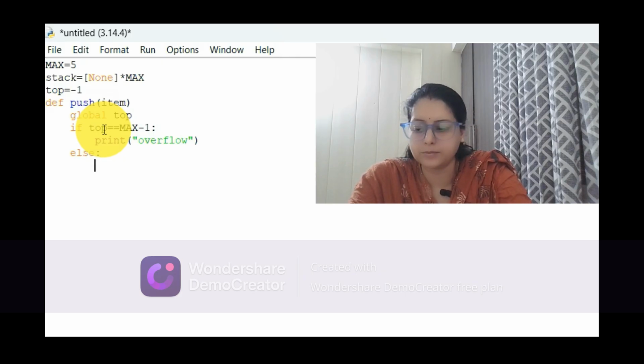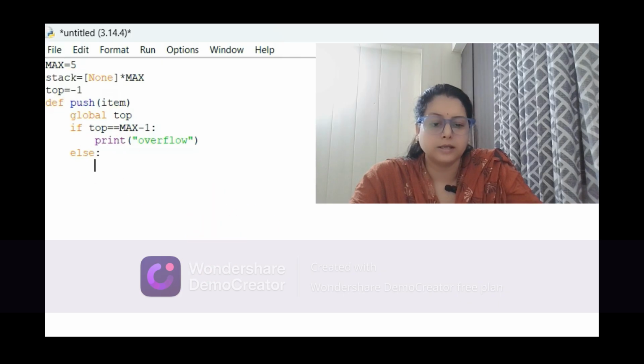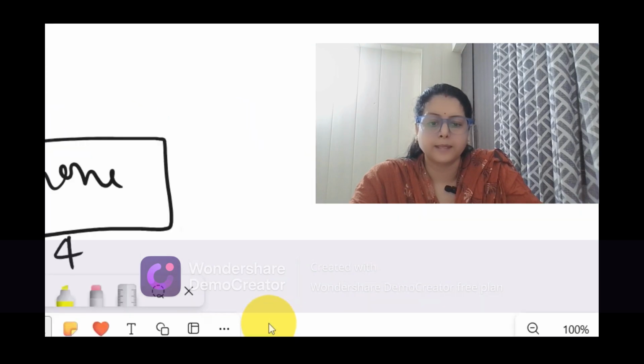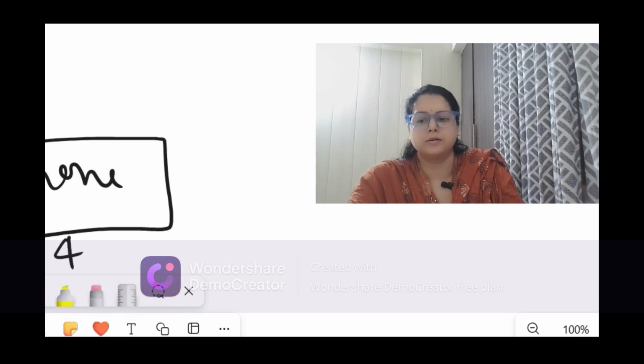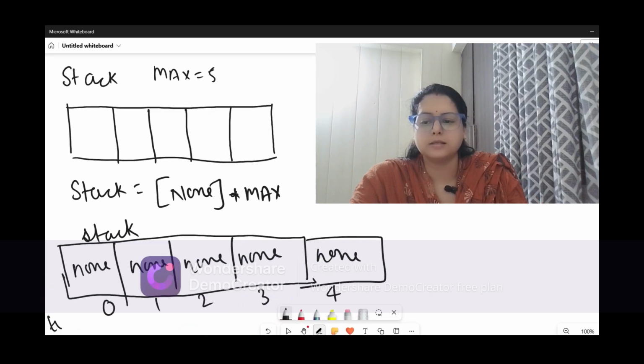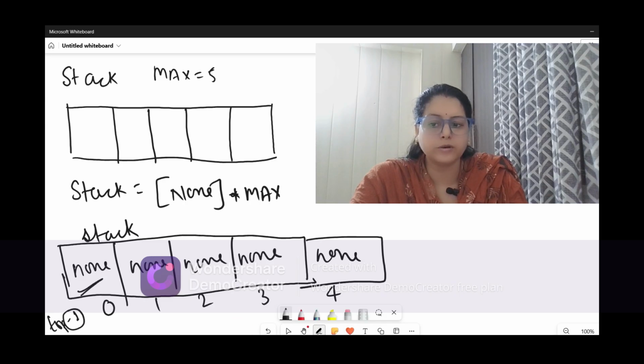To insert the elements. First of all, our array is ready, as we can see here on this page. It is totally ready, but none is filled, the size is fixed, the blocks are fixed, nothing we have to do. Just our top position is -1, because we have not reached here.